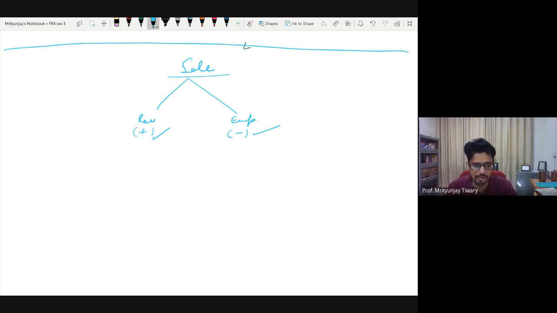Now, just think from a real life perspective. Think from the ground reality of businesses. Let's say you are a Kirana store, and you are selling certain goods. Let's say this is the goods cart. Somebody is bringing the trolley in front of you, and you are selling the goods. So this trolley has a number of goods here. Let's say some biscuit packets, some chips packets, some kgs of rice, some kgs of pulses, and some vegetables, and so on and so forth.